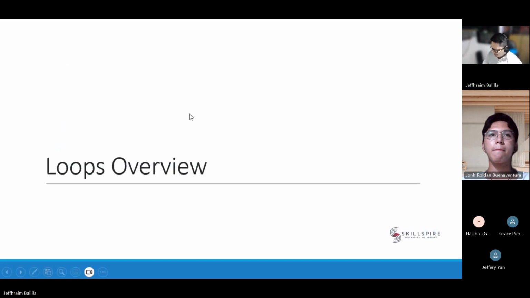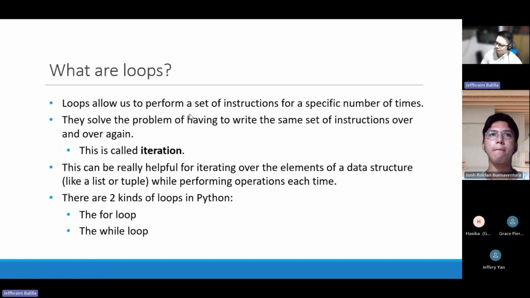Okay, so let's have an overview. What are loops? Loops allow us to perform a set of instructions for a specific number of times. They solve the problem of having to write the same set of instructions over and over again.